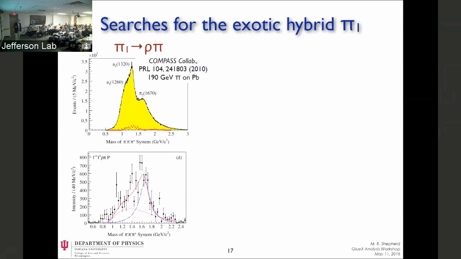And then by fitting this spectrum using a technique called amplitude analysis, that we may talk a little bit more about in the course of this workshop, although this is at a higher level beyond, I think, the initial analyses that we're going to do with GlueX, you can separate out the contribution of the 1- rho pi amplitude from this spectrum. And you see it's a little bit like a needle in a haystack. You have this little contribution here that's small. You can read the axes on the scale of the whole thing. And then you have to interpret this contribution, whether that is a resonant hybrid or not. And that's interesting. This is a needle in a haystack. You could look for bigger needles.